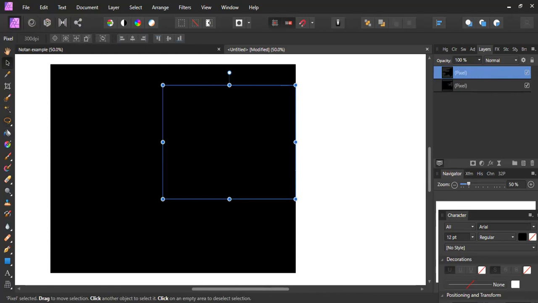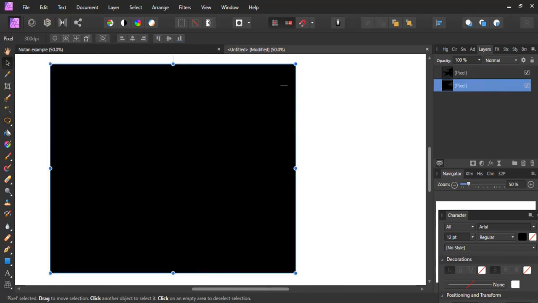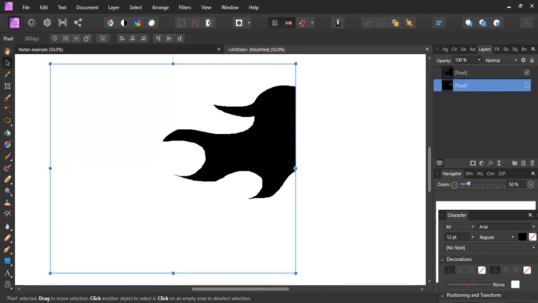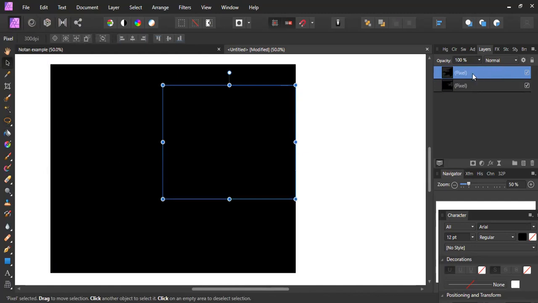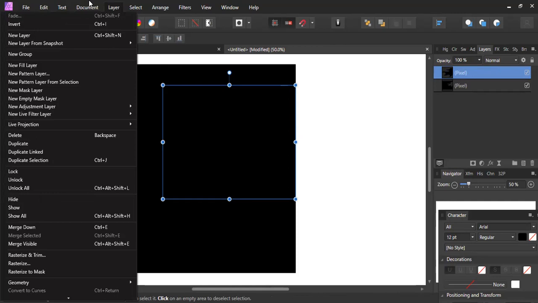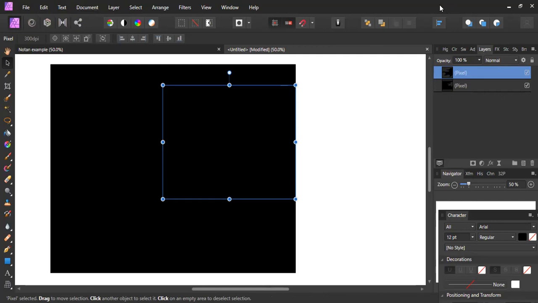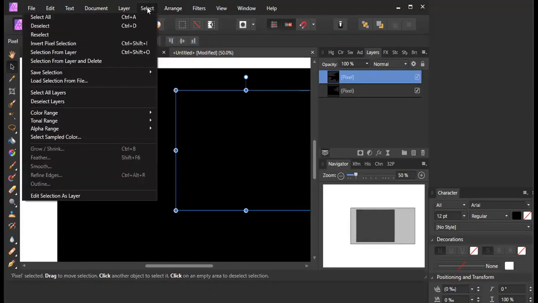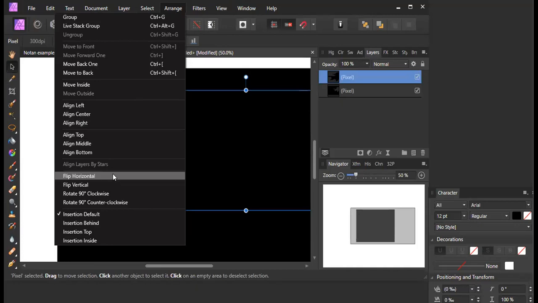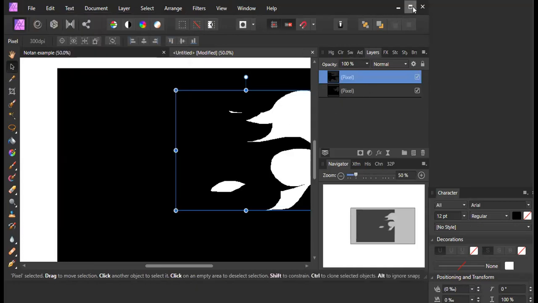So if I turn this first layer off, that one on the bottom here, see this checkbox here? I'm going to uncheck that, and now it shows my shape that I pasted in. So I'm going to make sure that I have my flame shape selected, my layer, and then I'm going to go up to Arrange. There we go, Arrange, and I'm going to do flip horizontal. Okay, so